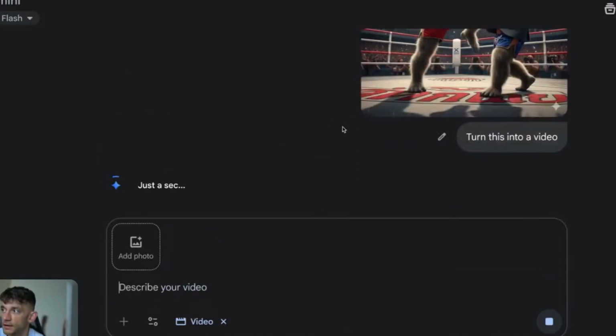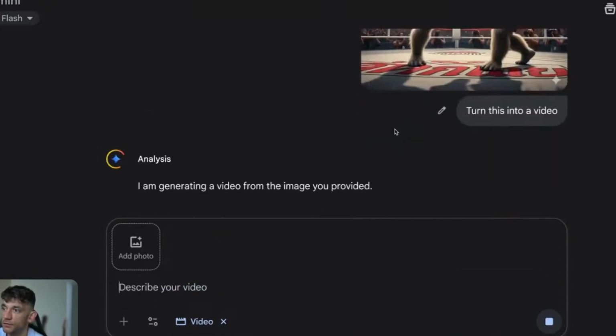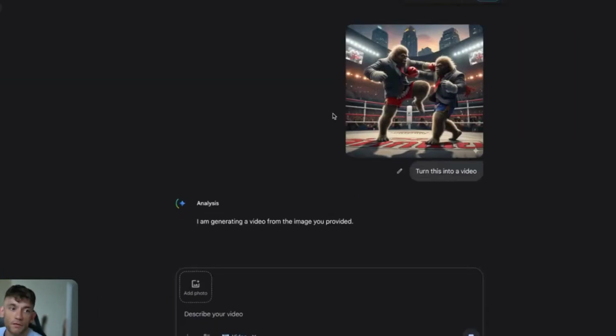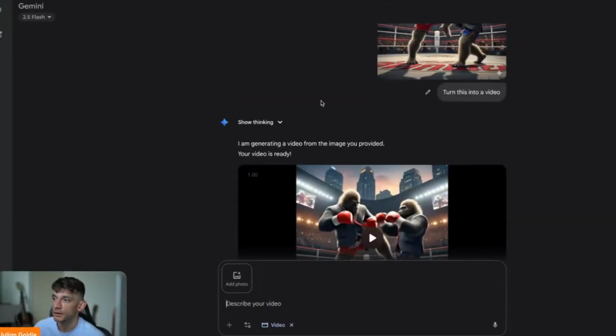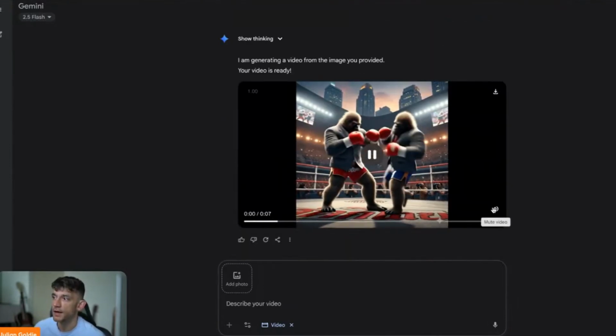We've taken the photo generated with 2.5 images, and then we're going to generate a video with Veo 3. That's going to take a couple of minutes to generate the video. Here we go, we've got it ready to go. So that is the